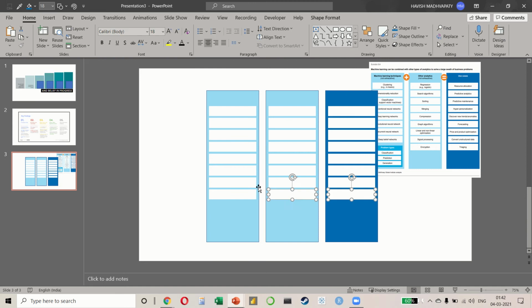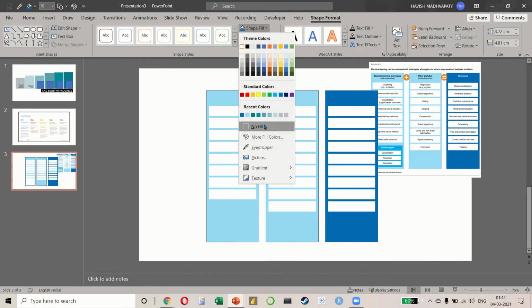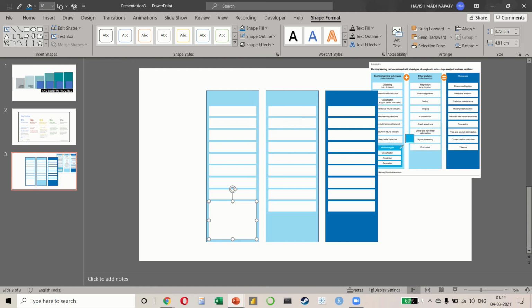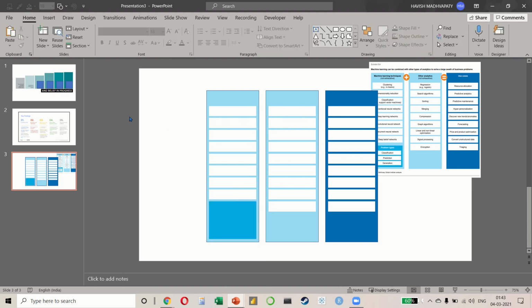Since we need to get two more, we can just copy this down. And we need to have one more rectangle here. So let's quickly do that. Make it a little larger. Shape format, shape fill, eyedropper, and select the same color. So you have got the idea. I'm not going to do this entire thing, but you get a sense of how quickly we can create, or rather recreate, a slide that McKinsey has created.